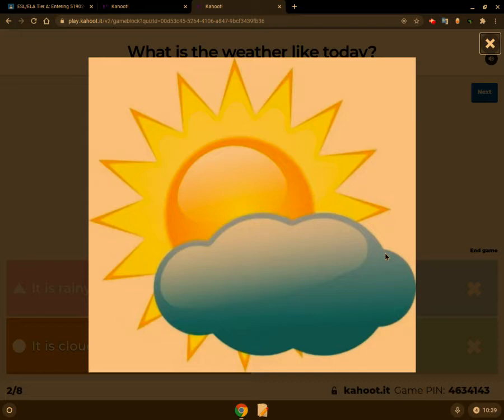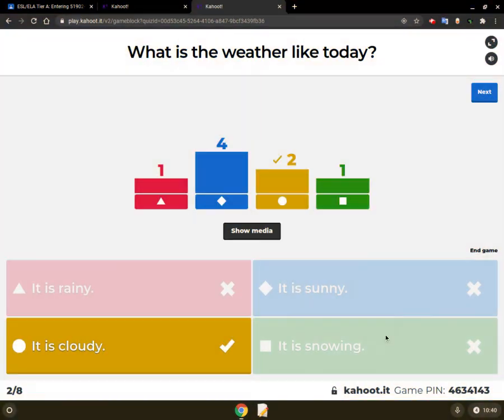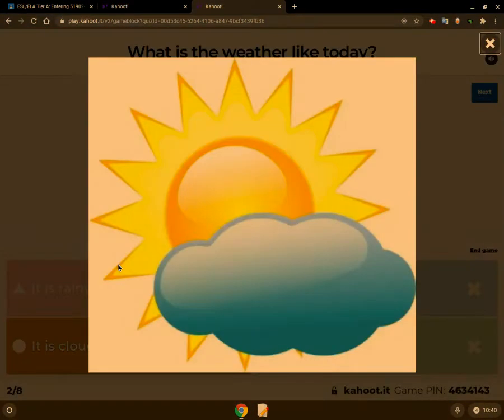Cloudy, right. So the clouds make it cloudy, okay? Even though we can still see some of the sun rays, it doesn't mean that it's completely sunny. We have the clouds around that cover the sun. It doesn't mean that it's always dark. We can still see some sunlight. It just means that we have a lot of clouds there. So obviously it's not snowing because we don't have any snow here.